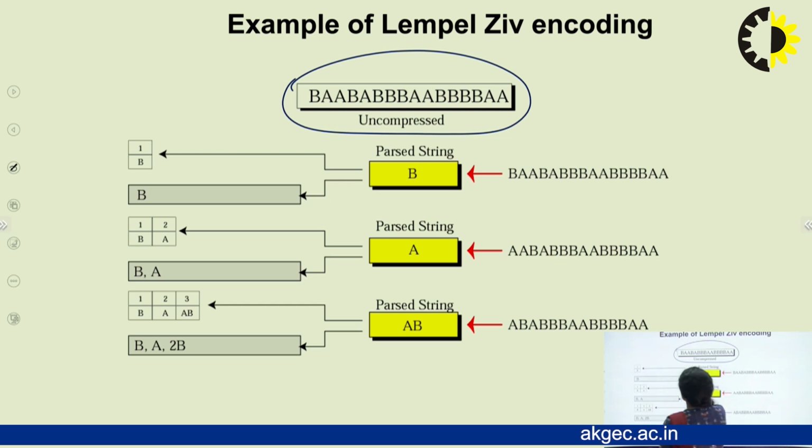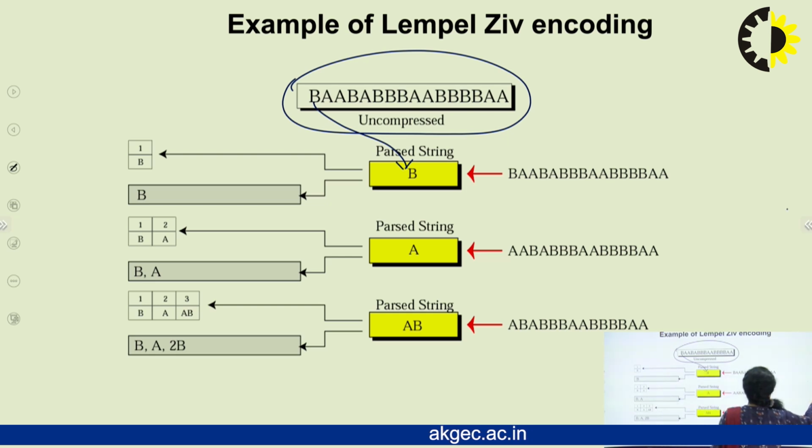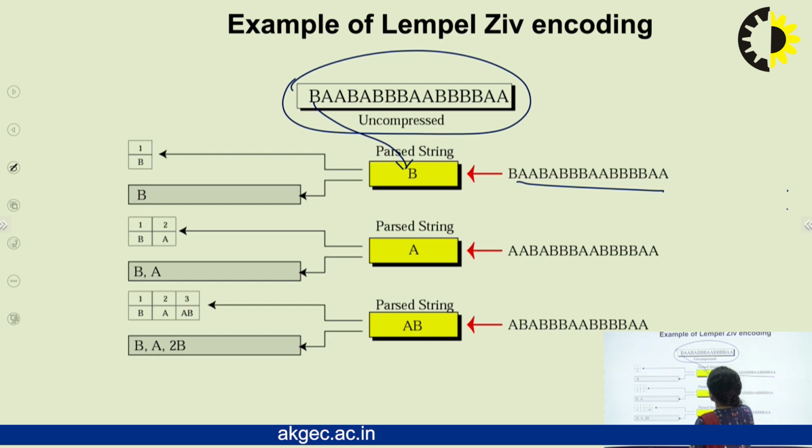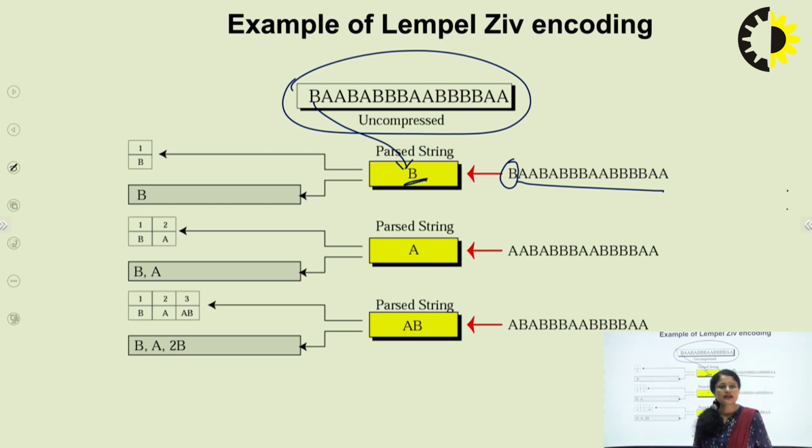So let us start with the first letter that we are compressing, which is B. If you look at this example, B is the first letter that is to be compressed. We are not only compressing, we are also using this first letter to build up a dictionary. Till now, we have not assigned any index value to the dictionary. So we take up B and assign an index value 1 to it. Now, B is taken care of.